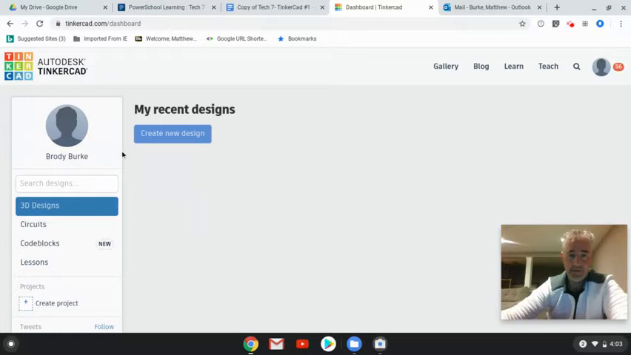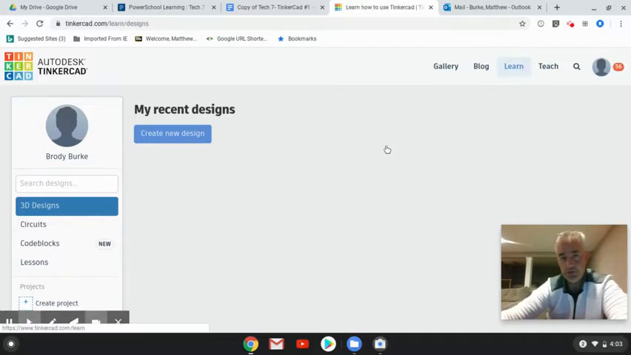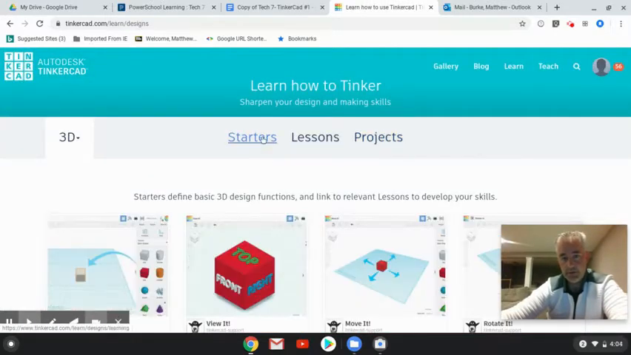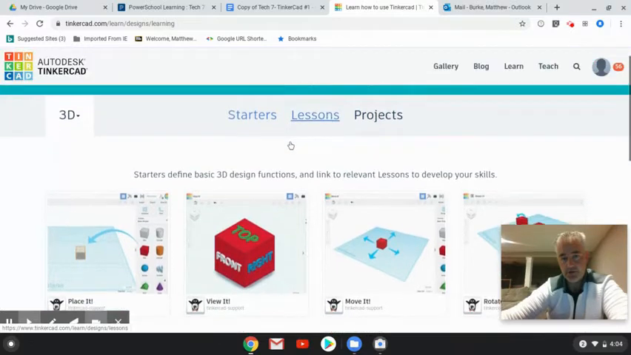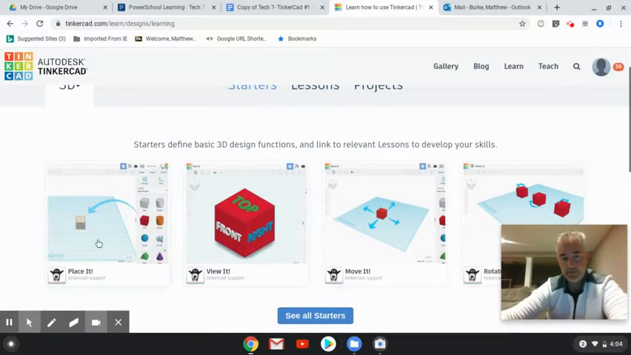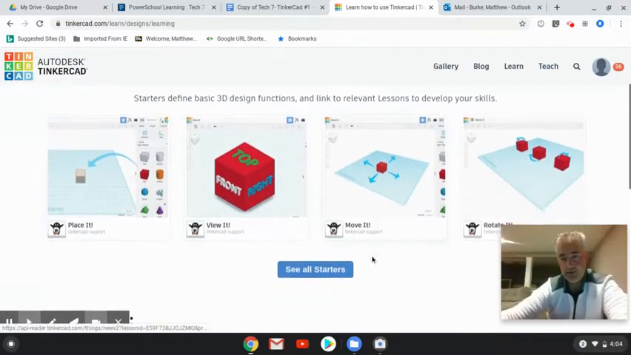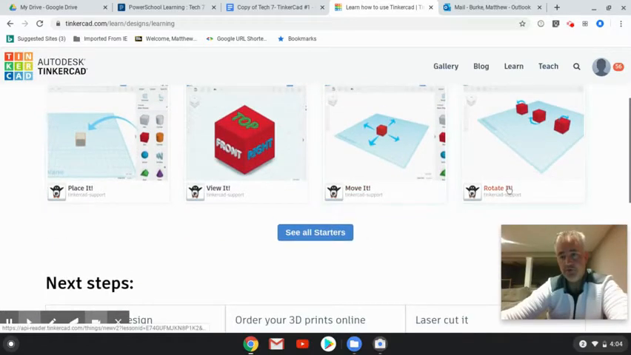When you enter Tinkercad for the first time, it's probably going to look something like this. You can click on Learn and go to Starters. I'm going to skip the first two because those are really basic, and we're going to go to the Move and the Rotate. If you click on See All,